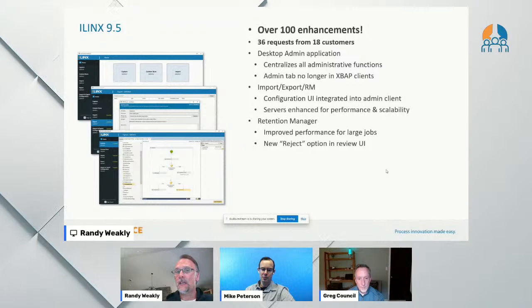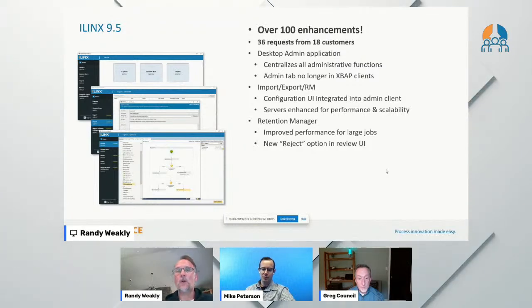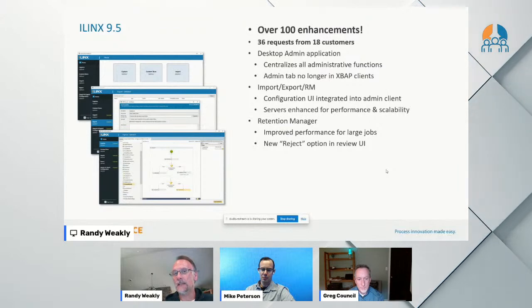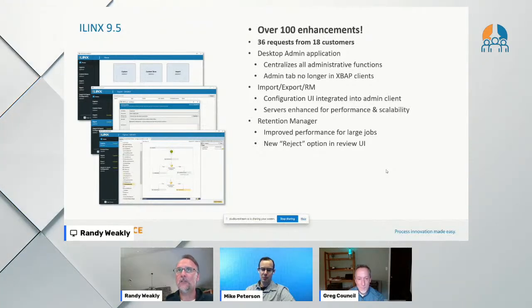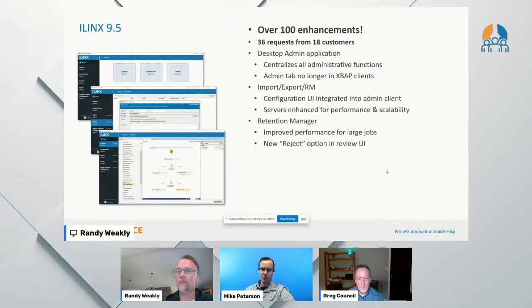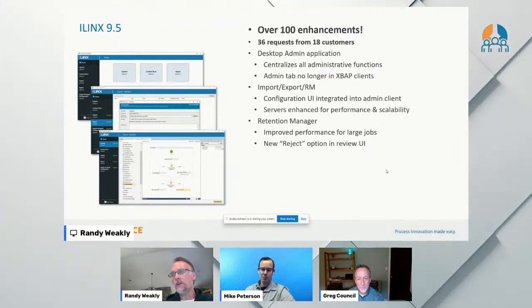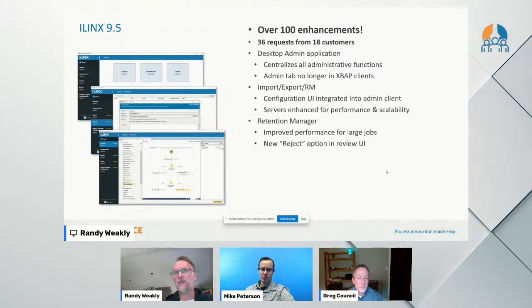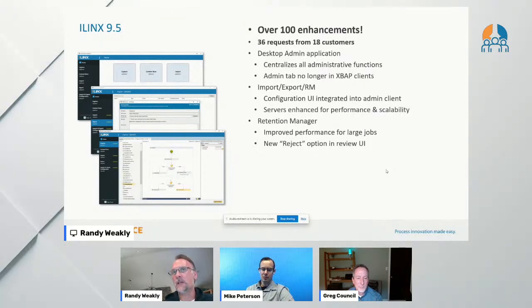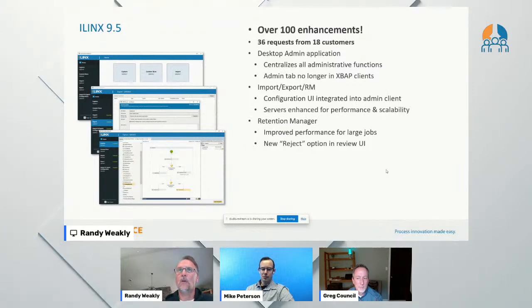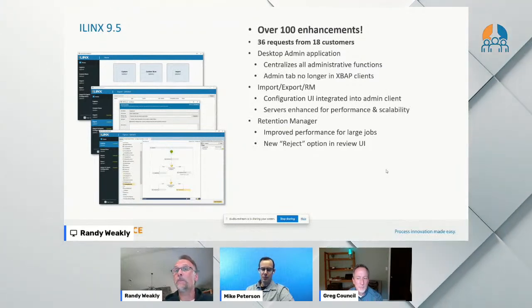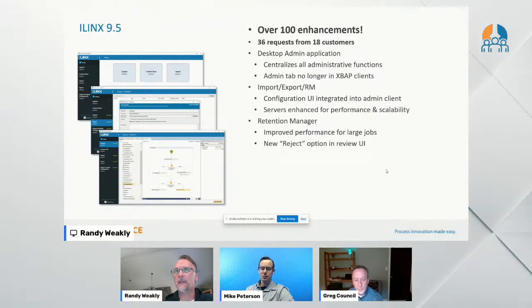So what this means is if you open the Capture or Content Store production client, you will no longer see the admin tab. All of that functionality has been extricated from that client and put into this desktop application. Now, we understand that desktop applications come with some drawbacks that you sometimes don't have with a web-based or browser-based application. But in this case, we believe that you're going to get some better functionality because as an admin, it's